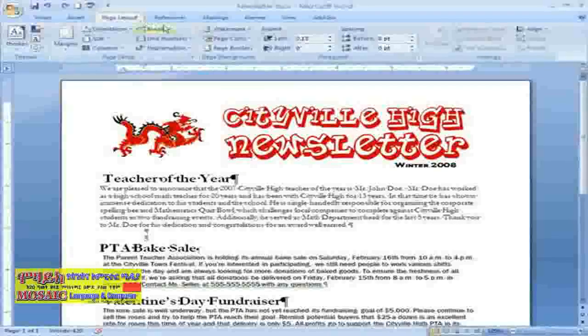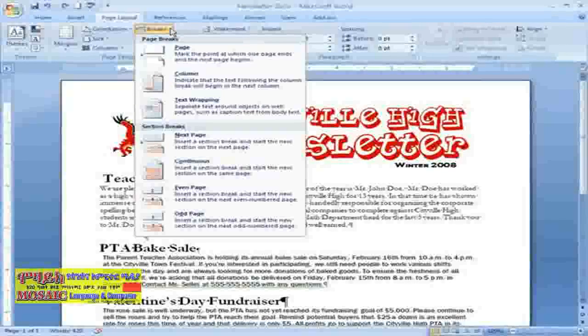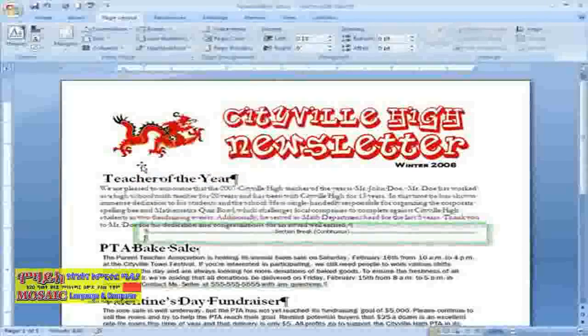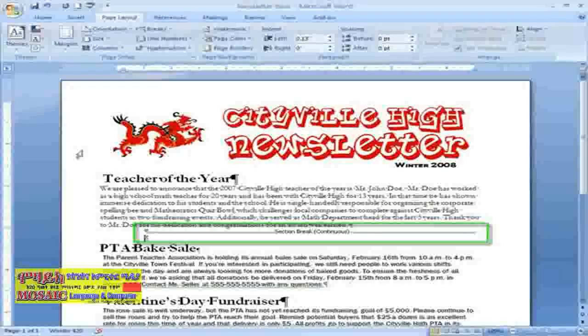Now, make sure the Page Layout tab is selected, and then click Breaks. Don't let the menu that appears confuse you. There are many types of breaks. We want to use a continuous break. See, it says Insert a section break and start a new section on the same page. That's what we want to do. I want to keep all my text on the same page, but I just want Teacher of the Year to be in its own section of the page. Just left-click it. See how the section break appeared in the